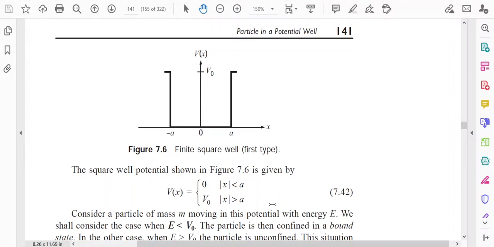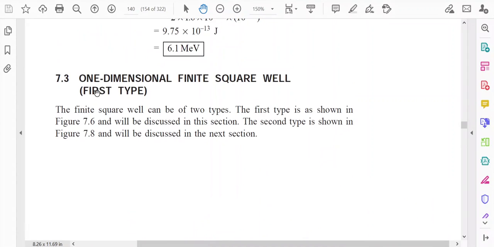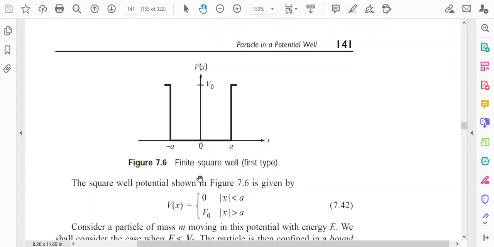In this lecture, we are going to discuss the one-dimensional finite square well, and the content of the lecture is from the book A Textbook for Undergraduates by M.C. Jain. So, this is the diagram of the finite square well, and the square well potential shown in this figure